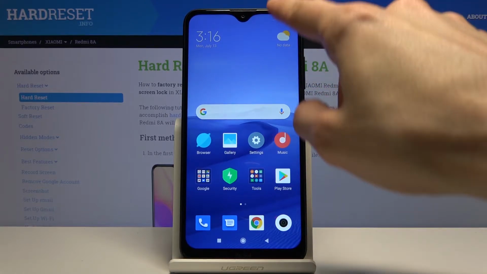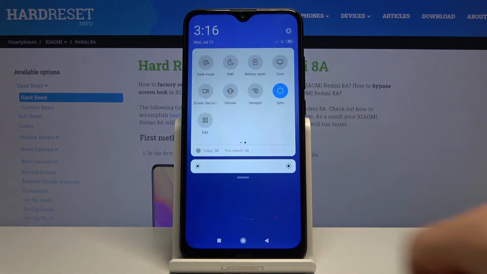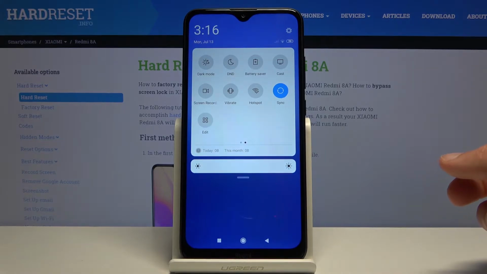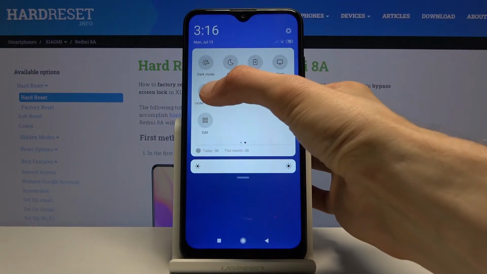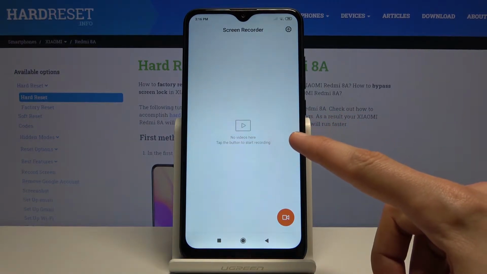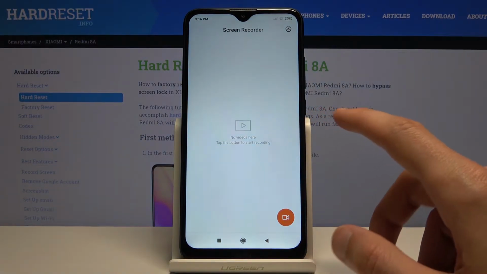So to get started, let's pull down the notification panel and find the screen recording toggle, which is right over here for me. And before you tap on it to start recording, you'll want to hold this. This will take us to the section where you would normally see all the recorded videos, but you can also